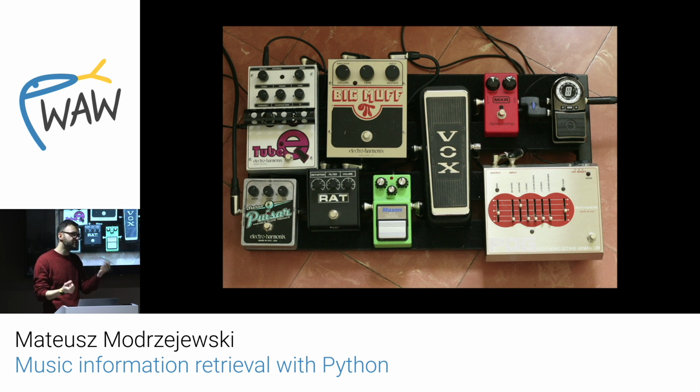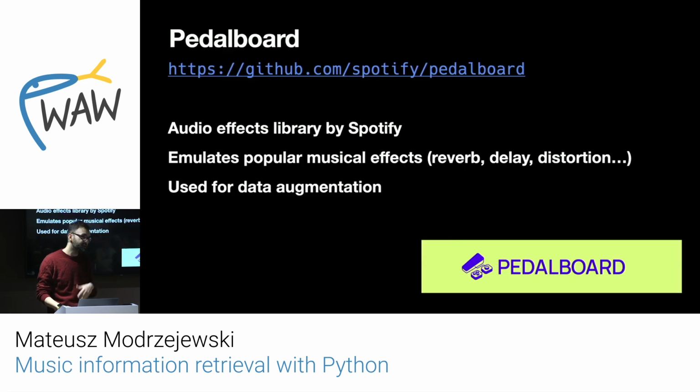Yeah, this is a guitar pedal board, right? So you plug your guitar into this stuff, and these little devices make your guitar sound different, right? So it goes from a soft sound to a distorted sound, or any other effects. And pedalboard just happens to be the name of an open source library by Spotify that you can use for